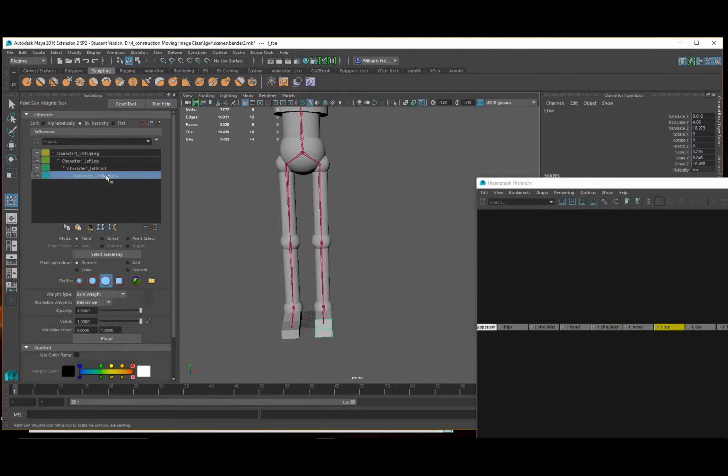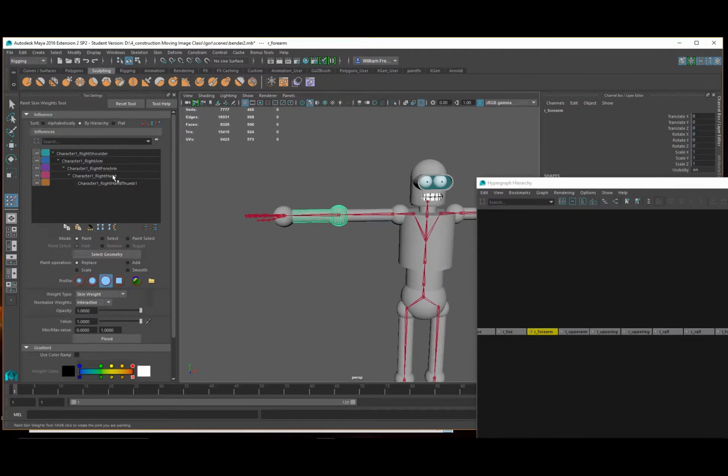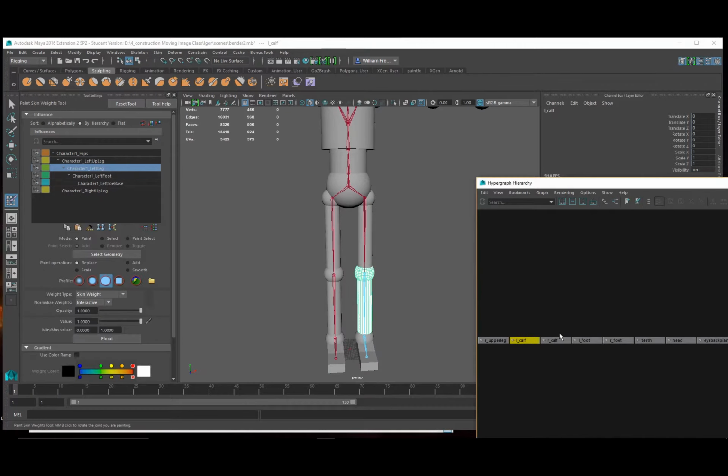Toe should go to left toe base, right toe to right toe base, right forearm to right forearm, left upper arm to left arm, left upper leg to left upper leg, right upper leg to right upper leg, left calf to left leg, right calf to right leg, left foot to left foot, right foot to right foot,